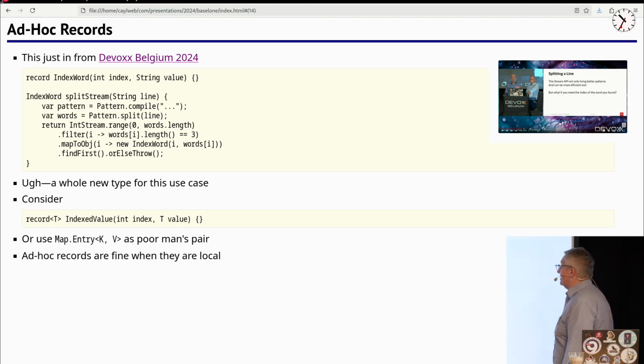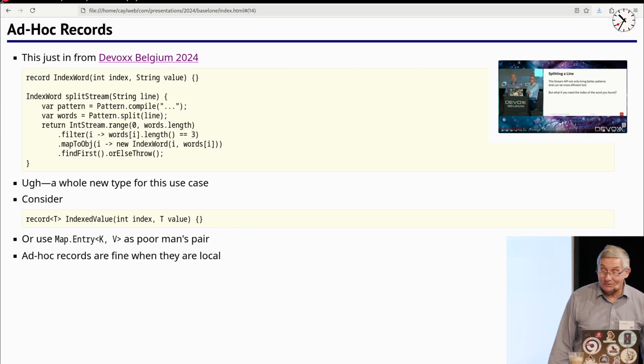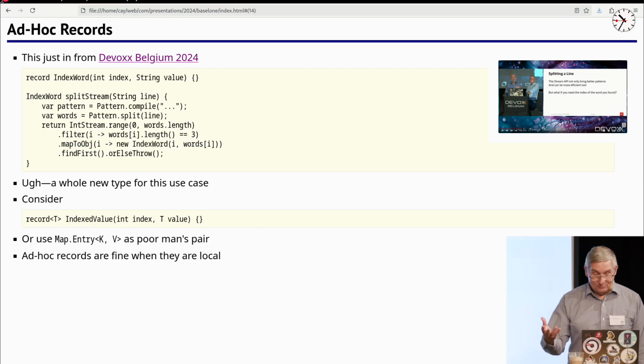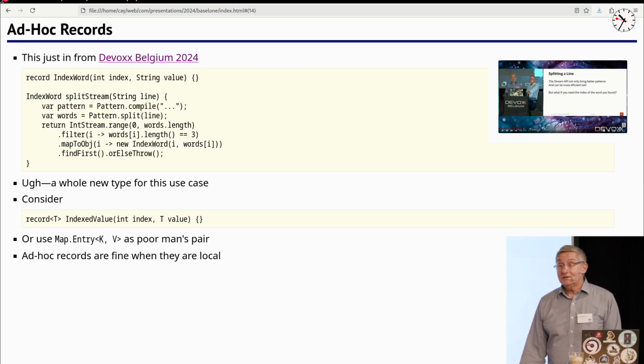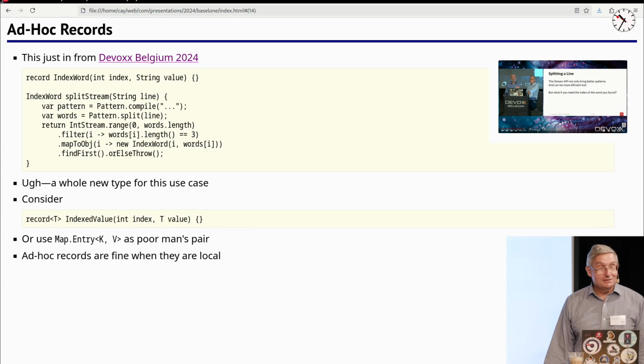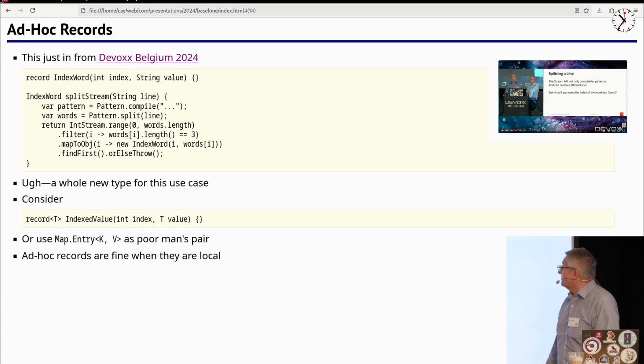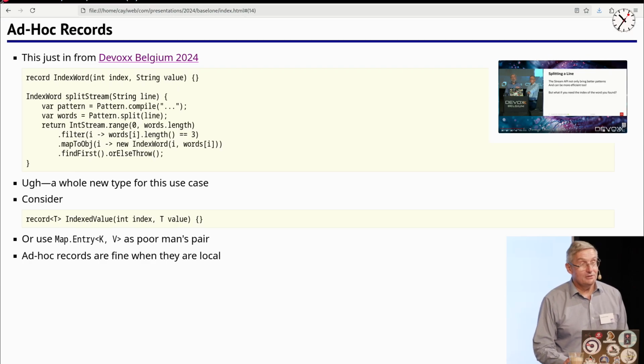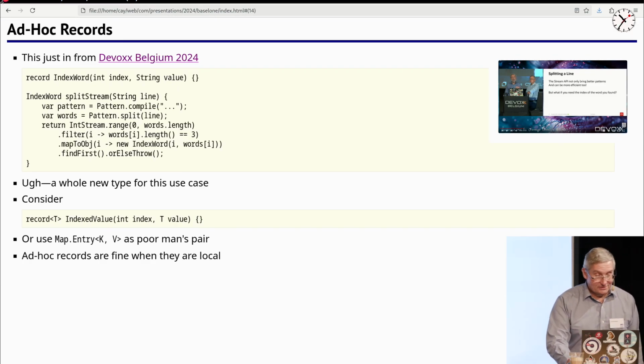It's fine to have these ad hoc records when they're local, when they don't leak out. I do that when I have some internal computation where the world at large does not see that I need to have this packaged up result. Sure, then I'll make an ad hoc record, and it often has a second advantage. That ad hoc record turns out to be a good spot where you can attach some other helper functions. And I told you, helper functions are what you often want to demystify nested streams. But if it leaks out, like in this case where it's part of the API, anyone who wants to use split stream is going to have to use that record. I'm not a fan.